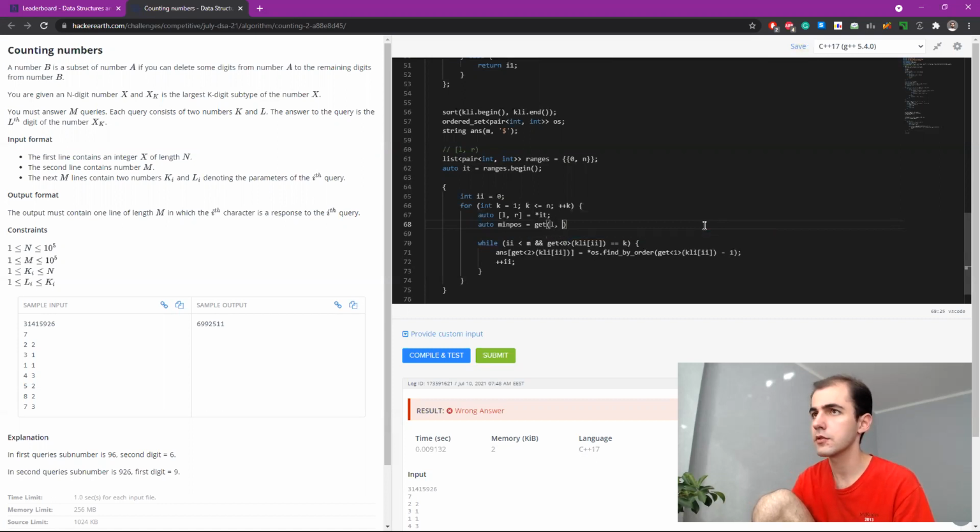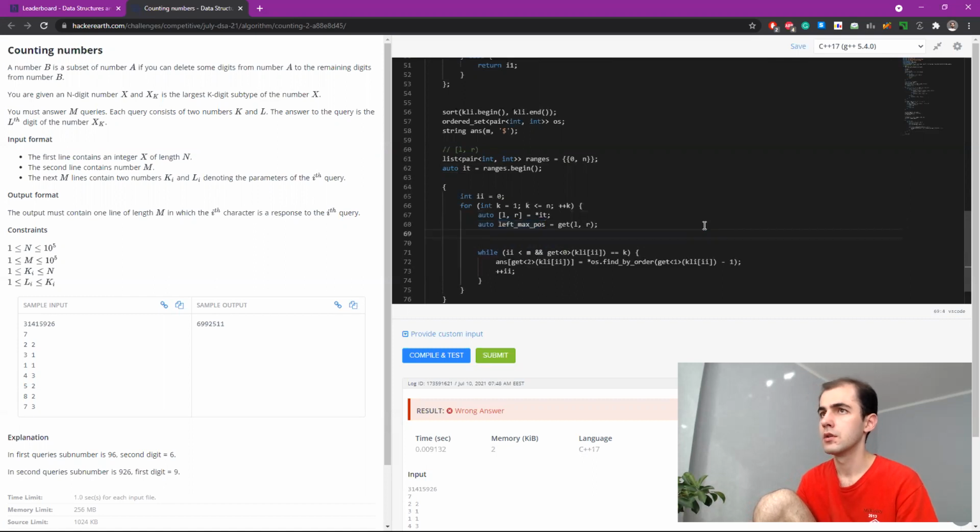Then we want to query our sparse table for the position of maximum on that range. Okay.